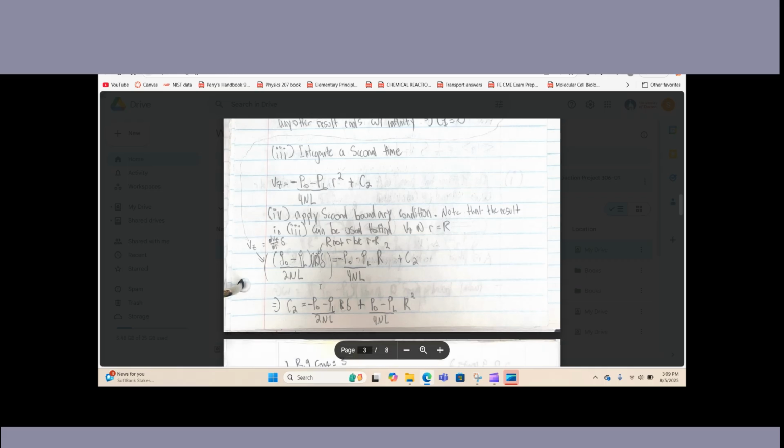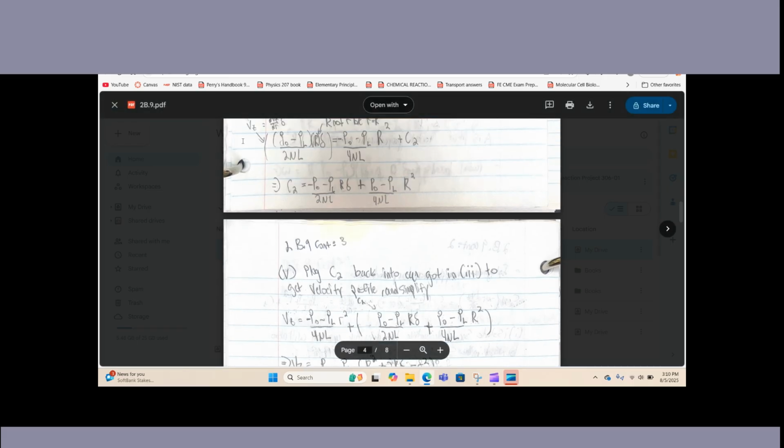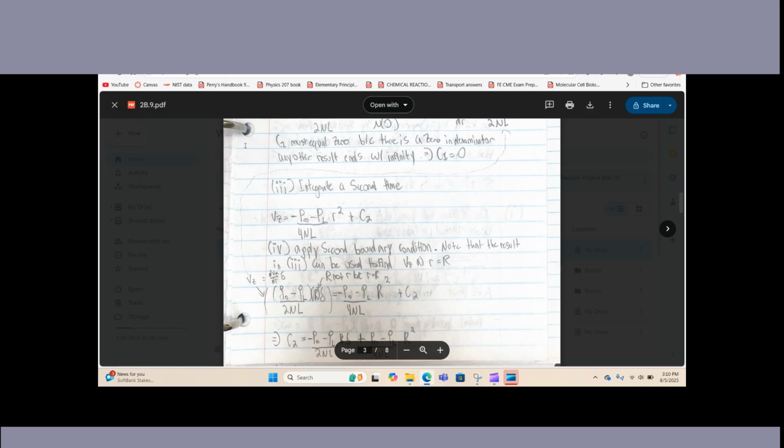So now we're just going to isolate C2 and solve for it. It's pretty simple in this case. There's just two main terms. I should have simplified at this point, or factored, but I don't know. I just didn't. That would have made the problem probably easier, but whatever. I did it at this point. That's fine. So I just plugged that C2 into this equation here,